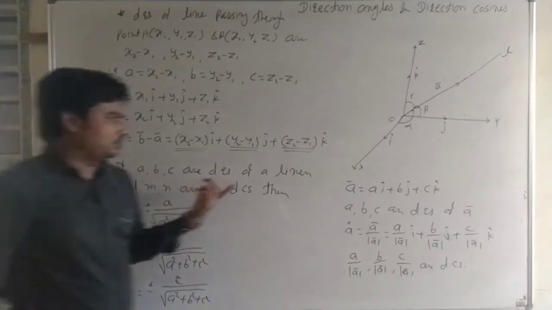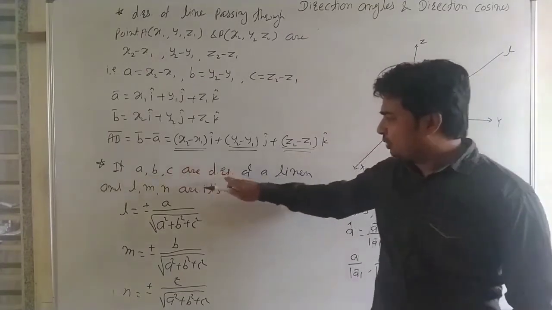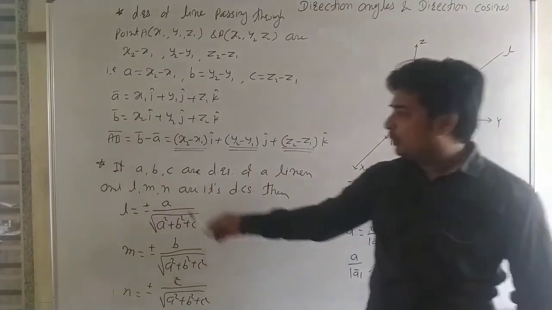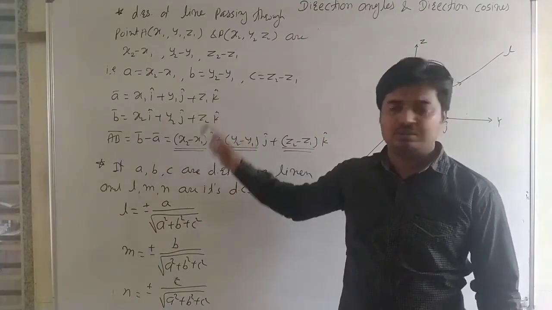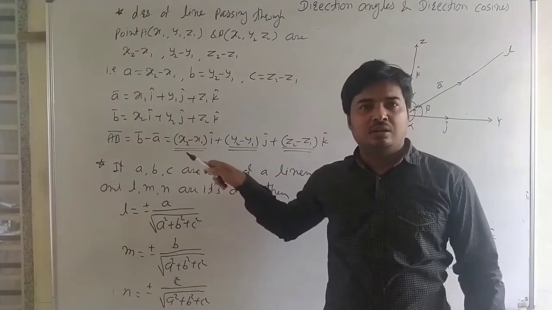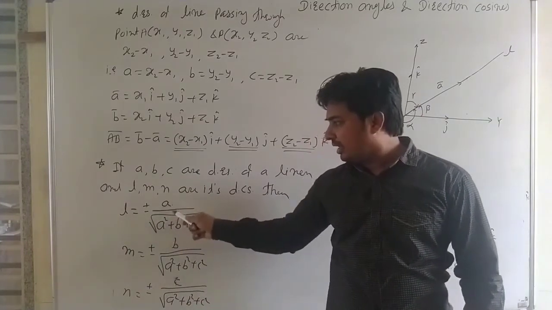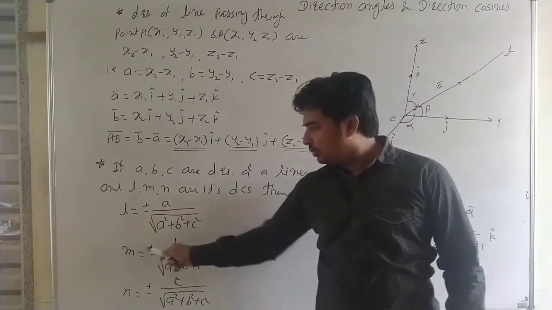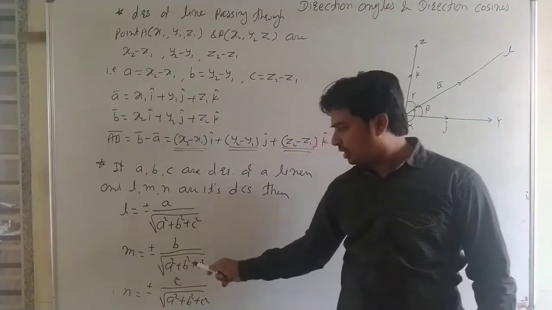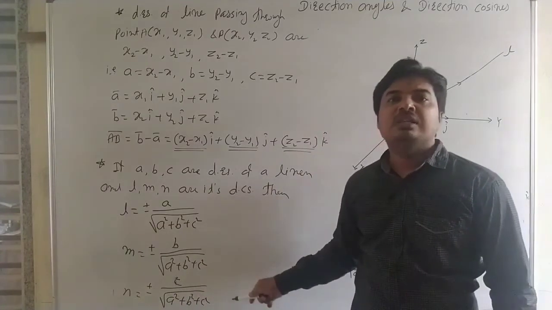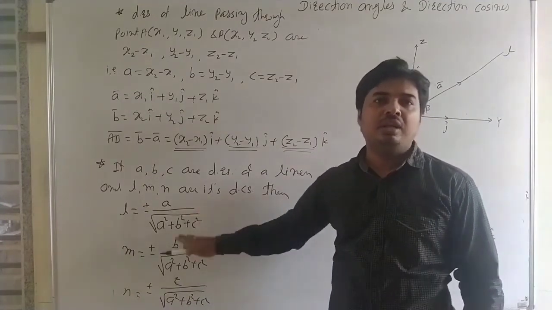That is the example asked in the exercise. Given the direction ratios of the vector, find the direction cosines. When the direction ratios a, b and c are given, say 2, 3, 4, any numbers, then find the direction cosines. Therefore we use this formula. l is equal to plus or minus a upon under root a square plus b square plus c square, m is equal to plus or minus b upon under root a square plus b square plus c square, and n is equal to plus or minus c upon under root a square plus b square plus c square, which are the direction cosines whose direction ratios are a, b and c.